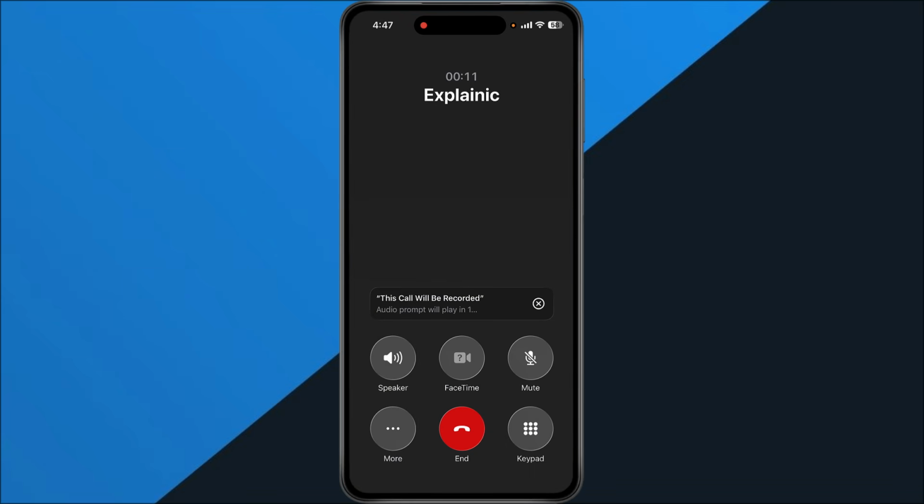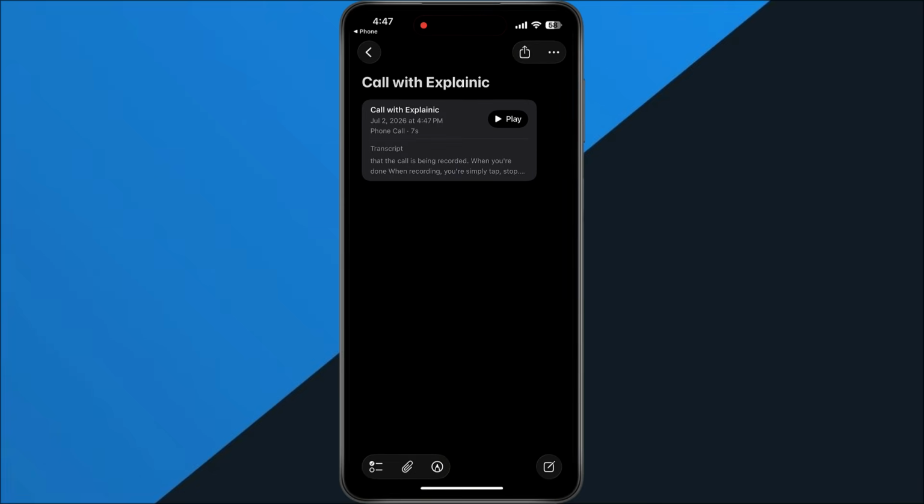seconds. After the countdown finishes, the call recording will start automatically, and you'll see an indicator showing that the call is being recorded. When you're done recording, simply tap Stop. Your recording will be saved automatically in the Notes app. You can open the note anytime to listen to the recording, and if it's available, you'll also see a transcript